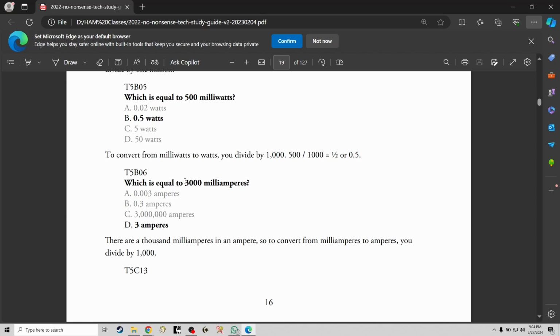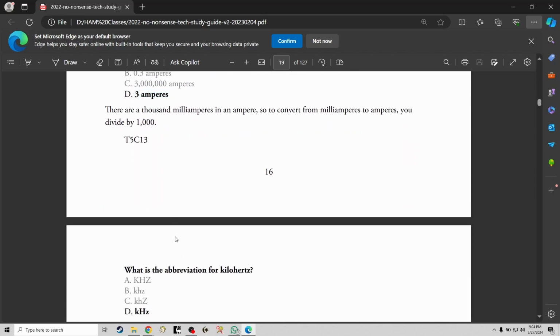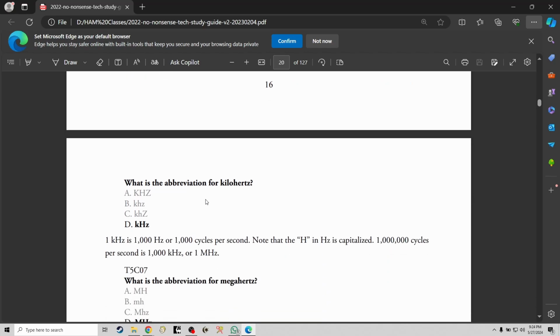which is equal to 300 milliamperes. 300 milliamperes, 0.3 amps. All right. There are 1,000 milliamps in an amp. So to convert from milliamperes to amperes, you would divide by 1,000. Divide by 1,000, which is